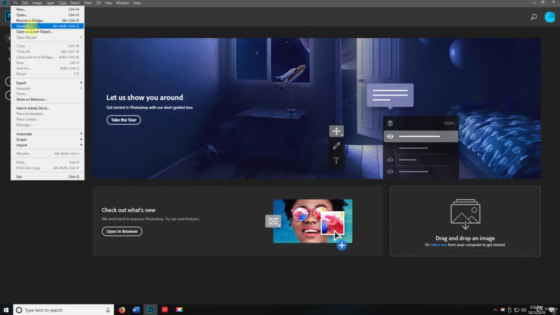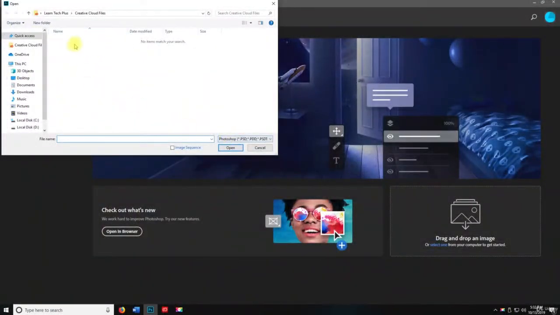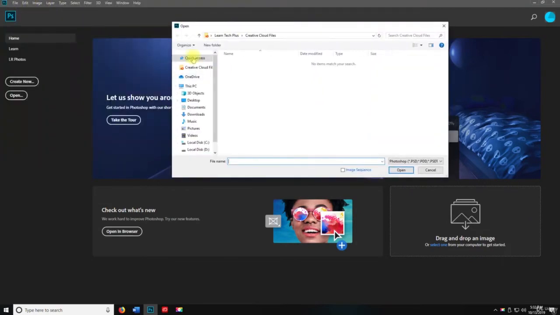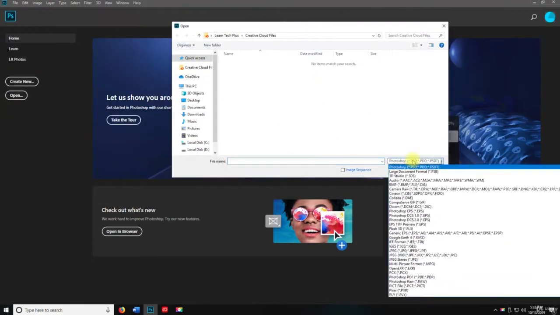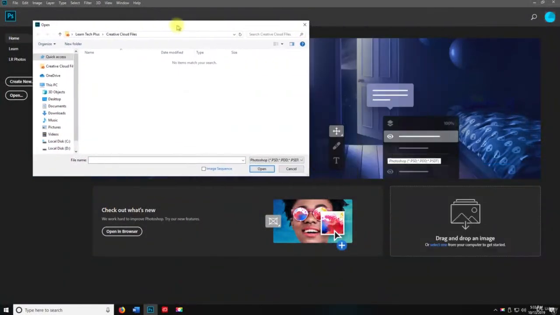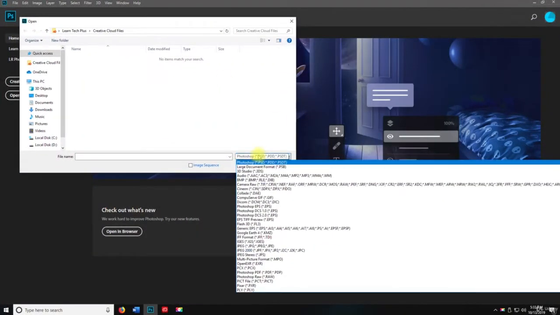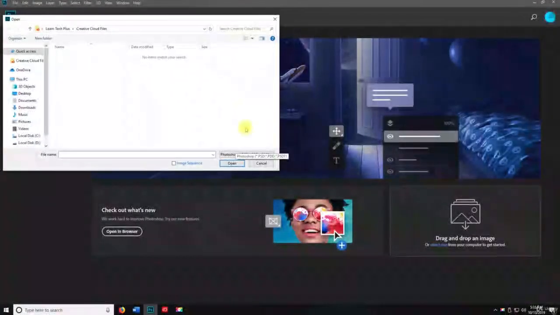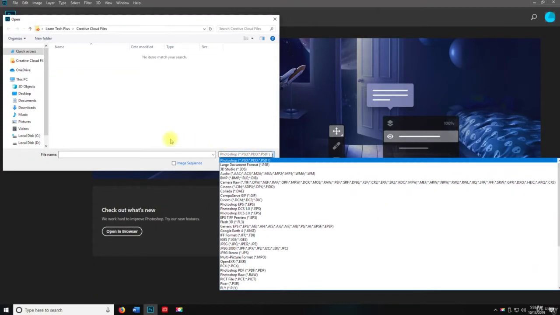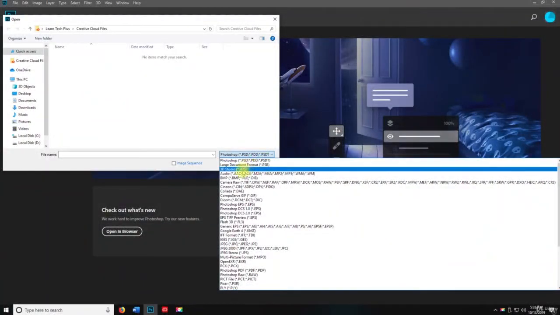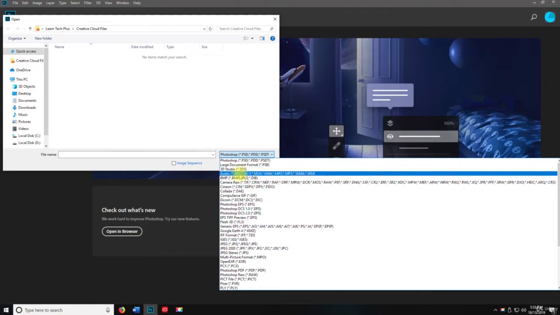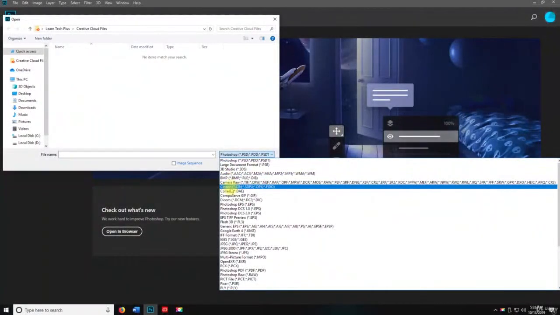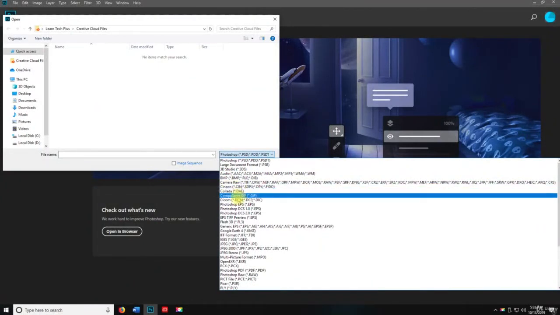All right, the next one is Open As. So Open As is the same as Open, but instead of just doing Open and picking a random file, this is going to have you open as, and let me move this over so you can see all the files, the formats, the extensions here. Wow, that's a big, okay, there we go. All right, so you can open as a PSD, a PDD, or a PSDT, okay, a large document, 3D Studio, audio file, BMP, Camera Raw, CIN, DAE, a GIF,